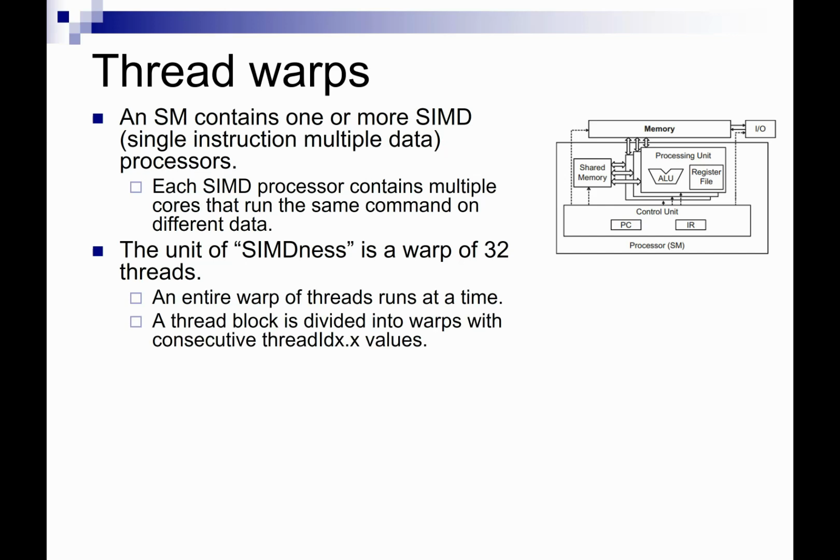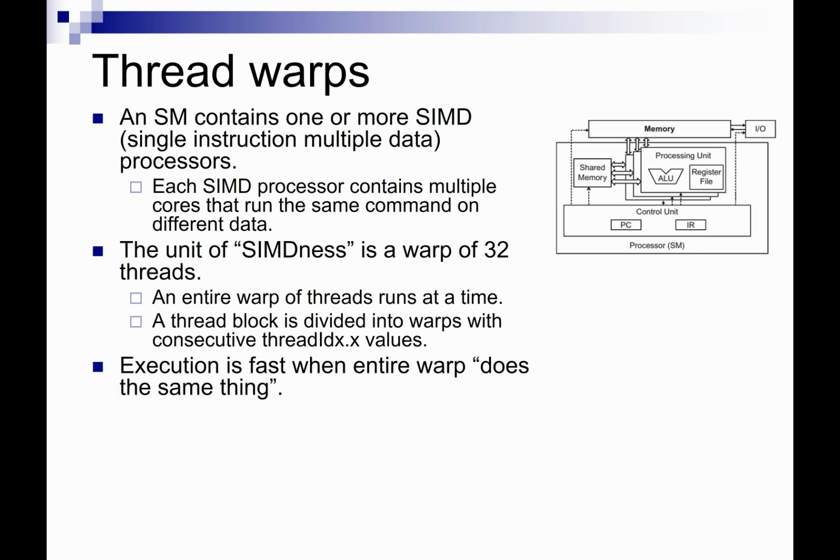Okay, so a thread block is actually divided into multiple warps. Each warp has a bunch of consecutive thread ID values. For example, the first warp has IDs 0 to 31, the second warp has 32 to 63, and so on. Now, what the GPU hopes to have happen is that your entire warp does somehow the same